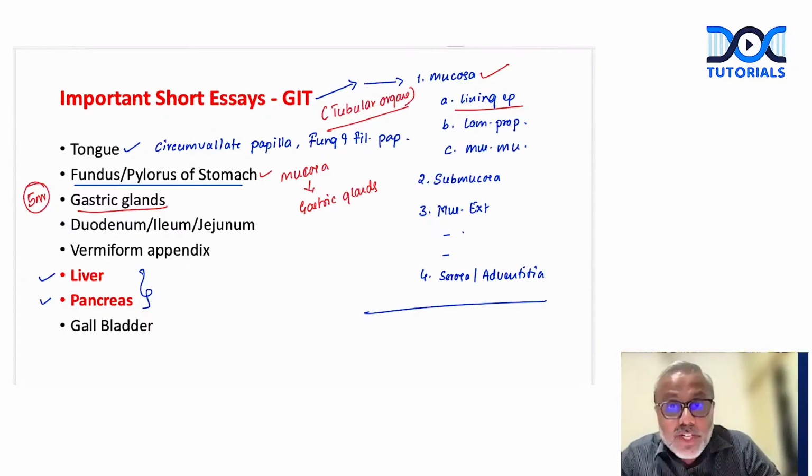How they are structurally different? What are the lining epithelial cells? And what is the function of each of the lining cell? For example, when we talk about the glands present in the fundus,